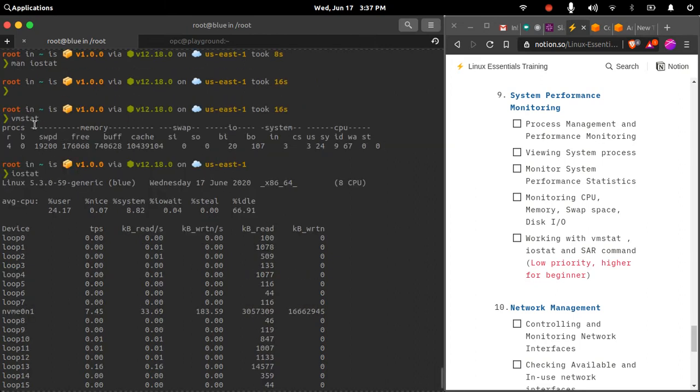But vmstat is a command which also comes with the same package that we had installed, and it will give you the related information for your memory performance. So what is the memory usage on the system, how much is being used in swap, what is the free memory. You can use the vmstat command to check the memory related information.